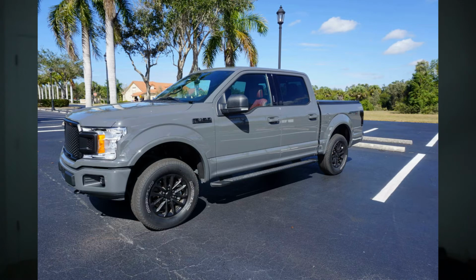I know for me personally, I have a 2.7 liter EcoBoost engine in my 2020 F-150, and I can attest that for being a full-sized pickup truck with four-wheel drive, all that good stuff, it actually gets surprisingly really good mileage driving around city. Alright, but with all the boring stuff out of the way, price, gas mileage, let's talk about